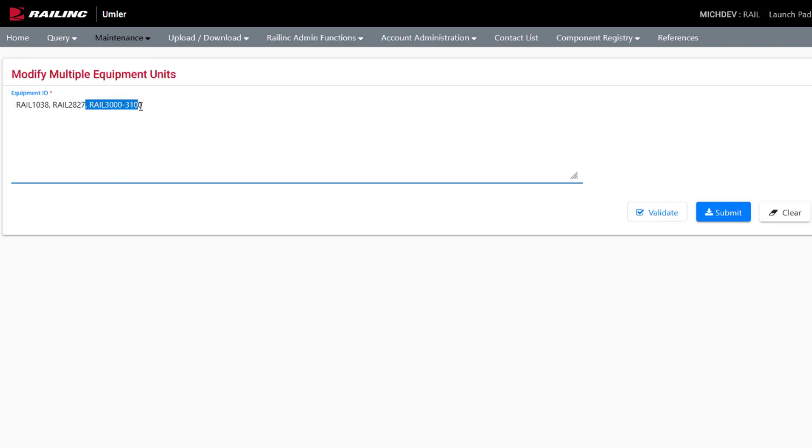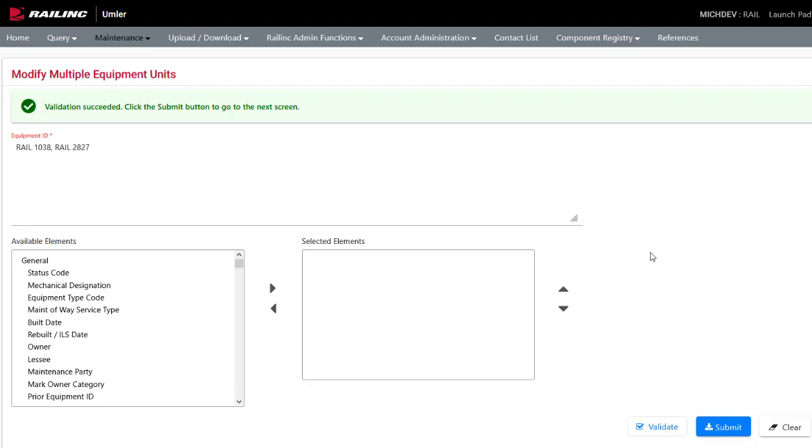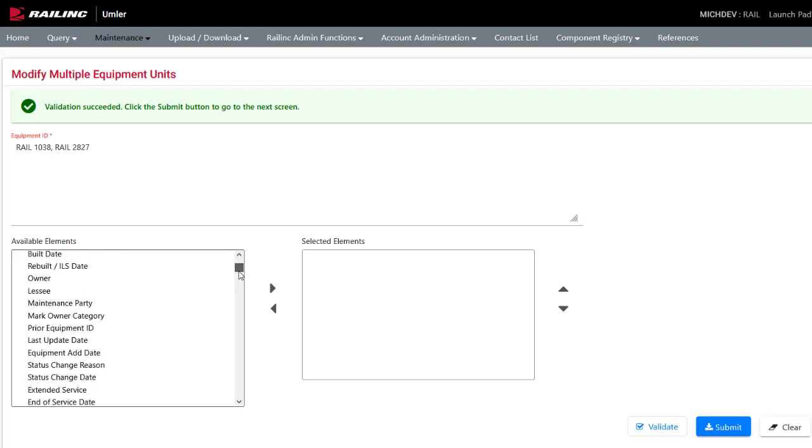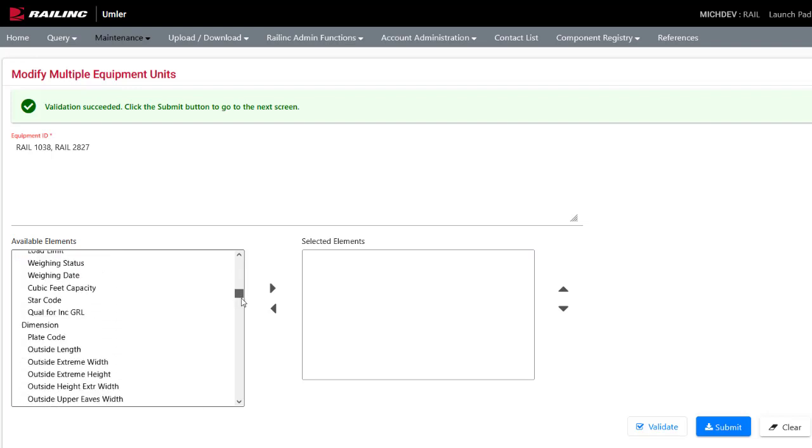For this demo, we'll just enter 2 units, so I'm going to remove the range. Click Validate. When validation is successful, an element selection box appears. Scroll down to see all the available elements.